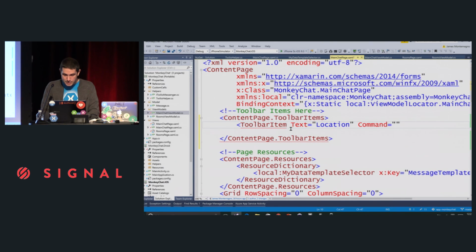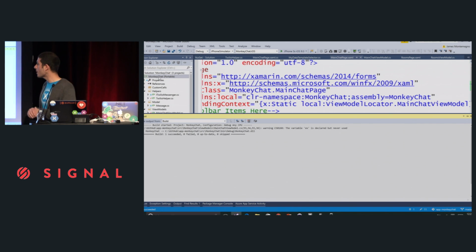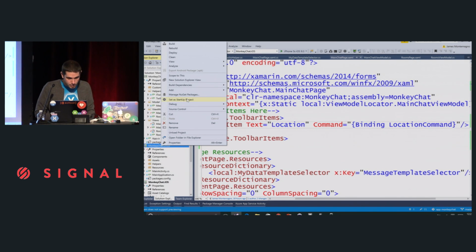And then I'm going to do a command here. I'm going to say binding LocationCommand. There we go, and that should work. Let's build it up and make sure I spelled everything correctly. When I tap that, it's going to call my shared code, which is automatically going to get my location and share it. So let's set Android as my startup.